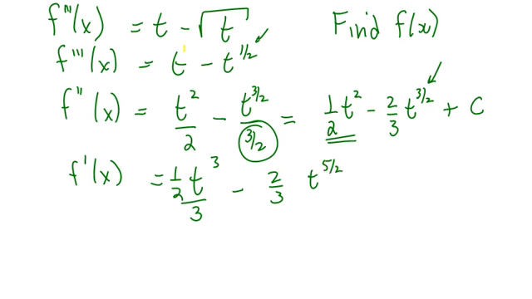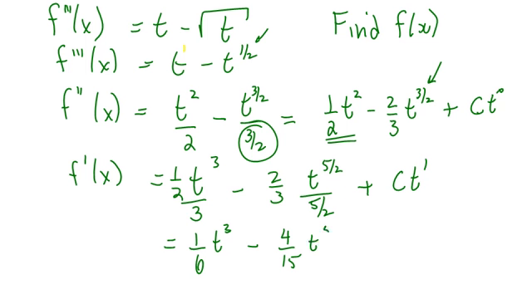Adding 2/2 becomes 5/2, and I'm going to divide by 5/2. Plus, this is where the c is important. This has a t to the 0 really. I'm going to add 1 to the exponent and divide by 1. Simplifying this just a little bit, I get 1/6 t cubed minus, flip and multiply, so it's 4/15 t to the 5/2